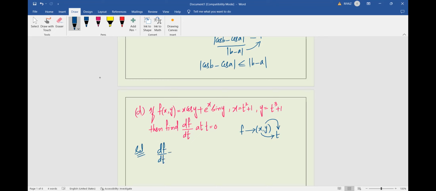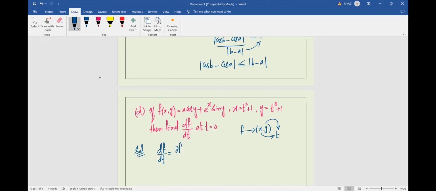df by dt value, how to get that value? You see, f is a function of how many variables? Two variables, no? More than one. f में कितने वेरिएबल्स हैं? X Y, दो है, टू वेरिएबल्स है। टू वेरिएबल मतलब मोर देन वन।